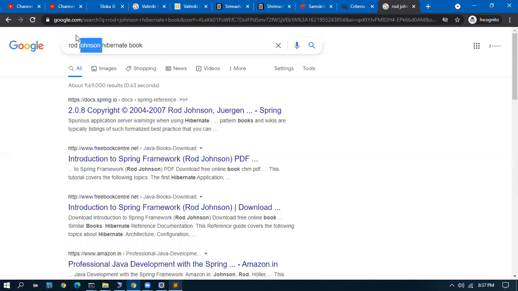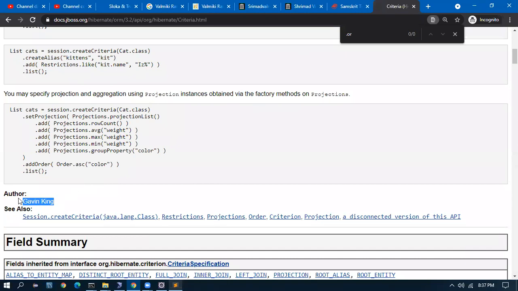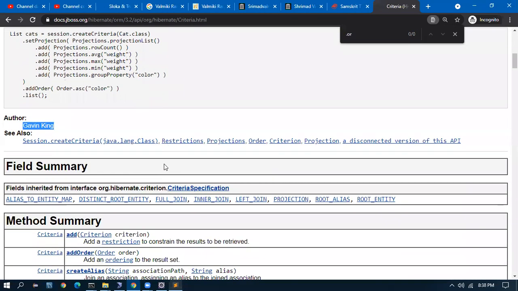But you can buy books from Rod Johnson and Gavin King. They are the ones who initially developed this, way back in 2006, 2007, when it was coming. Their book was very nice. Since it was from the author, it was very nice. So you can refer to that.